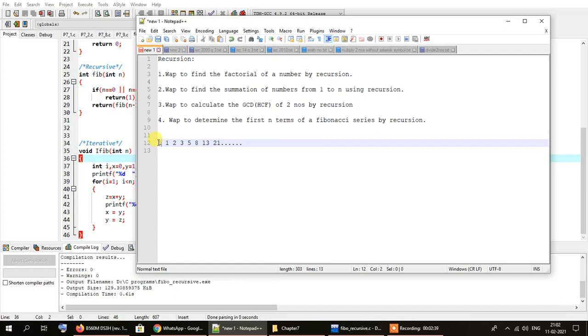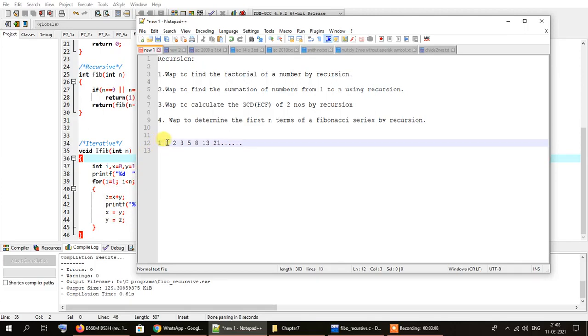For instance, here you can see there are 1 2 3 4 5 6 7 and 8, so the first 8 terms of the Fibonacci sequence are over here. At the beginning we print the first term in the series, that is 1, and from the next step we generate the successive terms by using our function, by summing the values of 0 and 1.